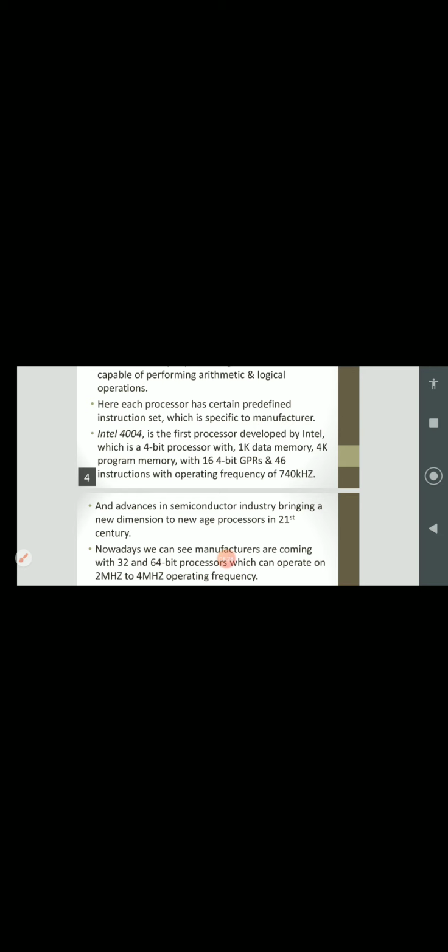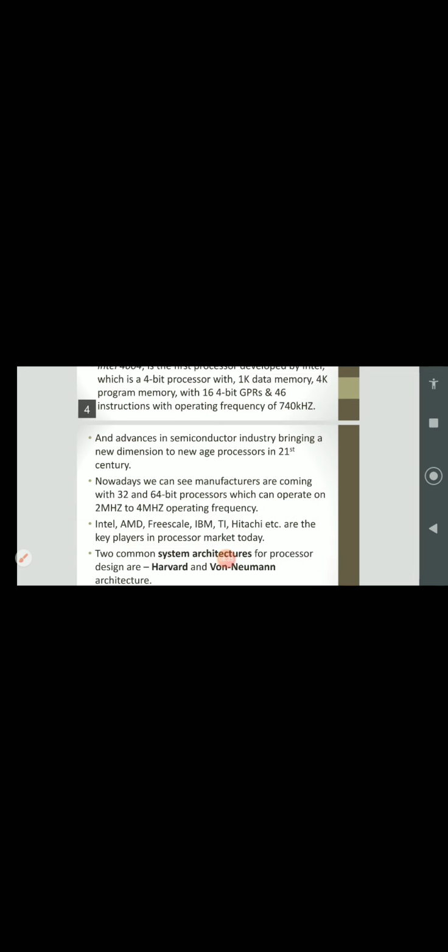And advances in the semiconductor industry are bringing a new dimension to the new age processor in the 21st century.